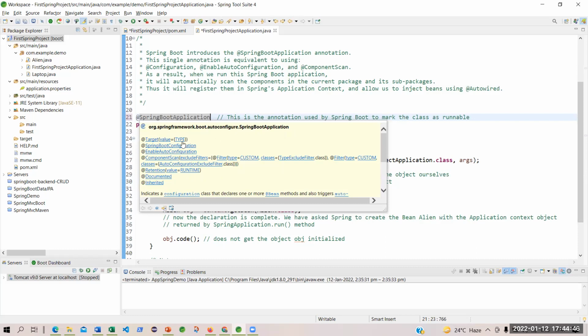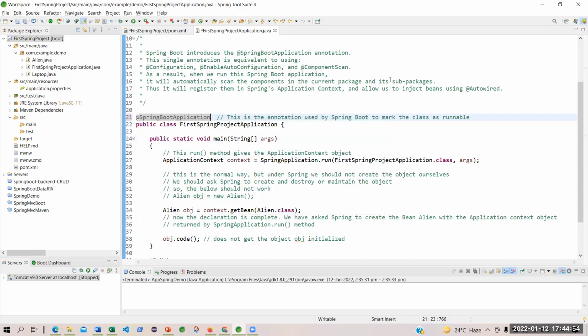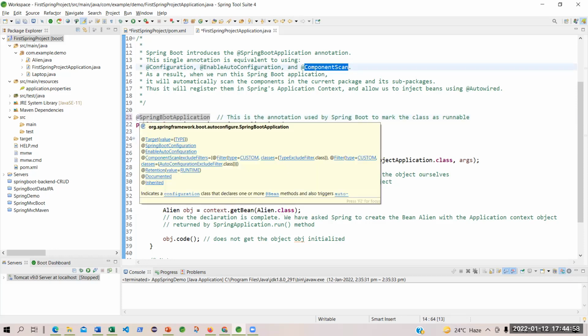These are all replaced by the @SpringBootApplication. One annotation has replaced so many annotations. You see, component scan, this is what we have referred to here. It has replaced the component scan. So basically you are calling a program. The program name is Java. It's like you write Java code. Similarly, Spring Boot has already written code for you to help you. You do not need to do all this.